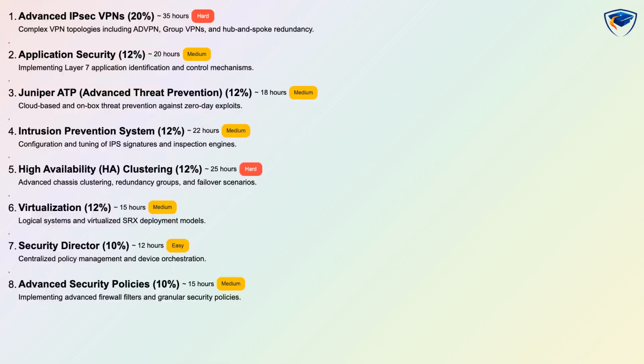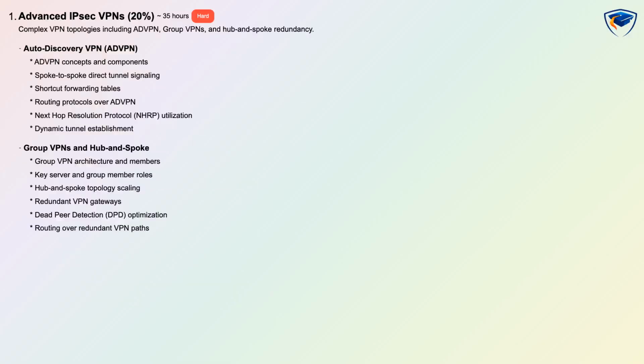Each domain lists its focus, difficulty, estimated learning time in hours, and assessment type so you can prioritize study and lab practice. Advanced ISEC VPNs is weighted at 20%, has difficulty hard, estimated learning time 35 hours, and assessment type